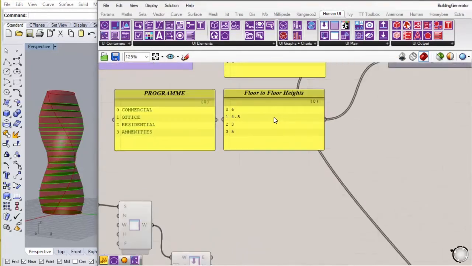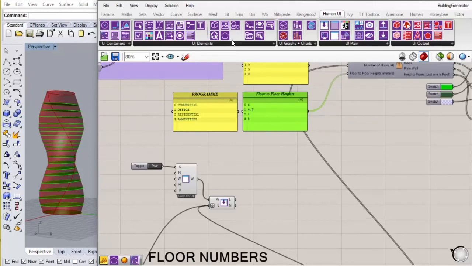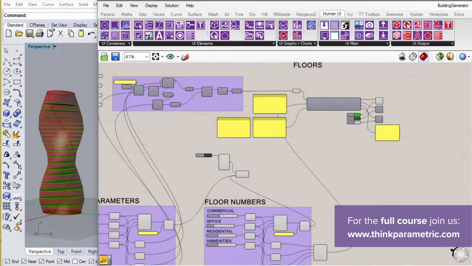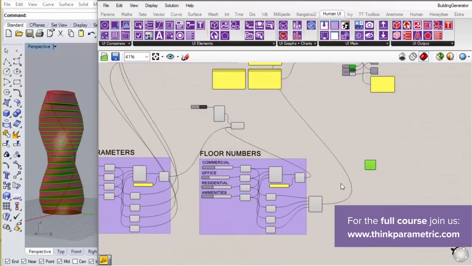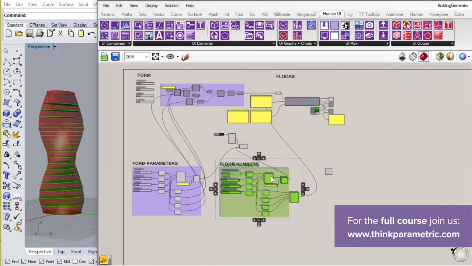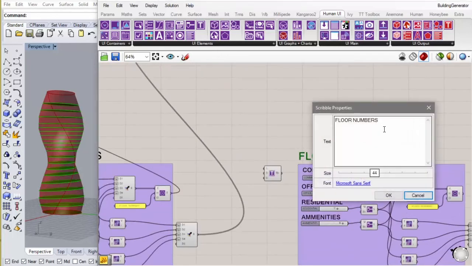Now, we actually don't want sliders for floor-to-floor heights. Let's have instead text boxes, so you can enter them manually. So the way that this works is, let's just once again copy this and change the name, floor heights.